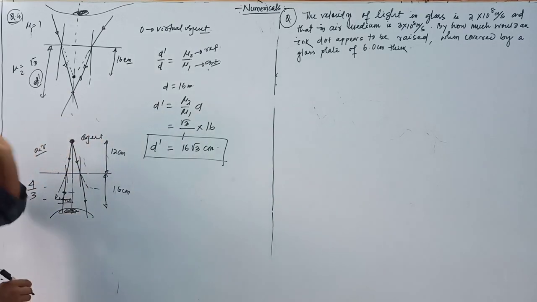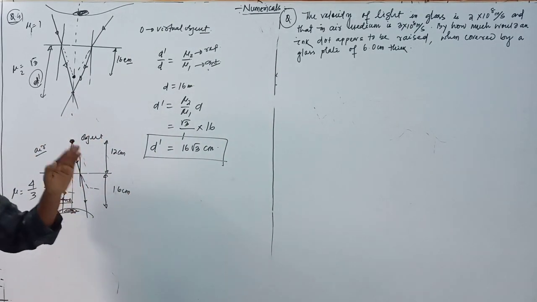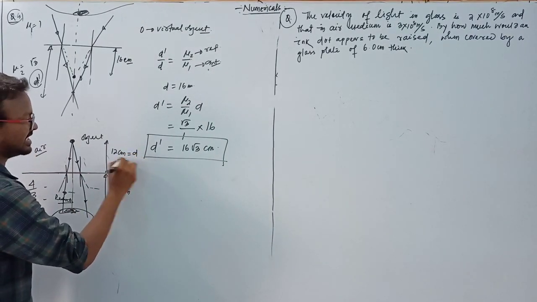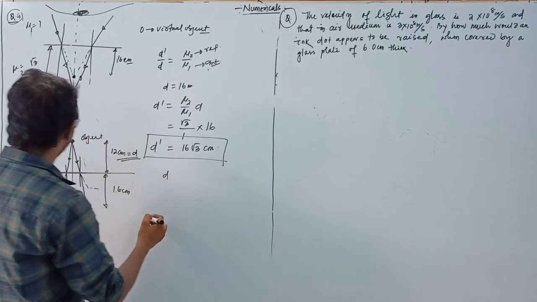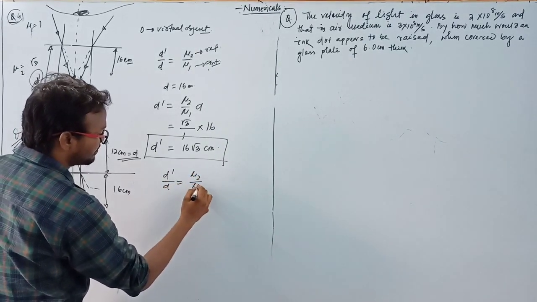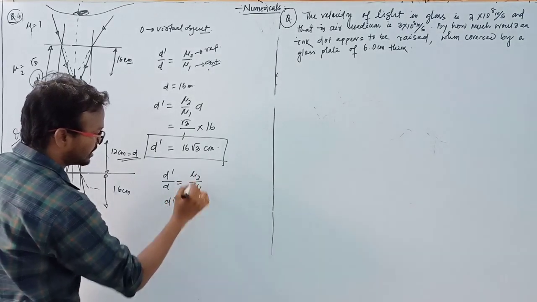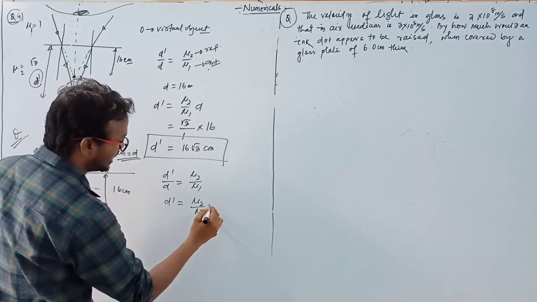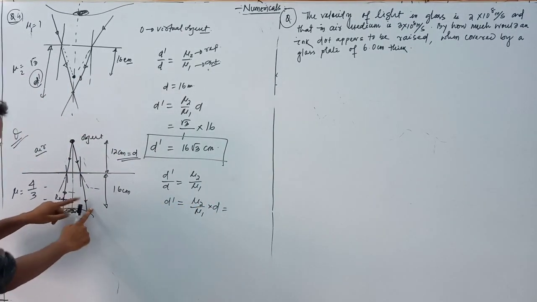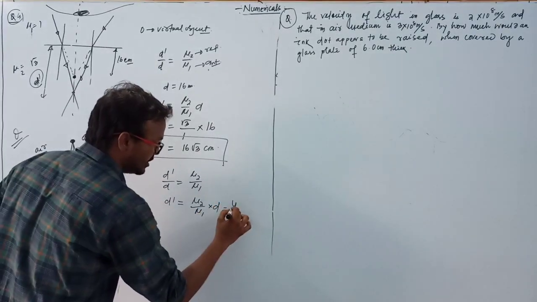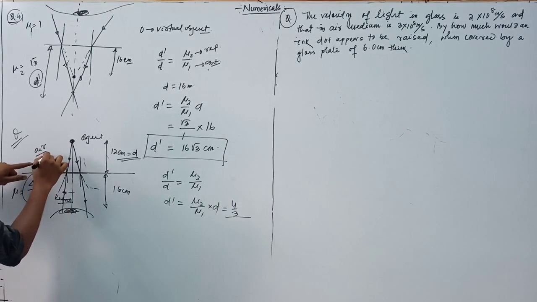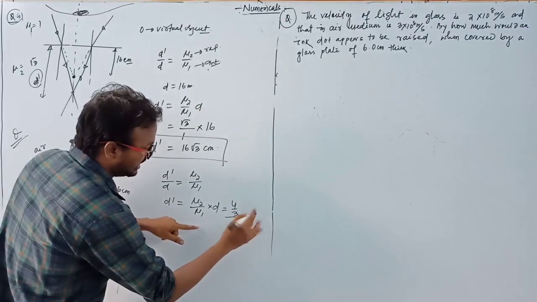And you always remember one thing: distance is always measured from the interface or surface. This is the surface. So this distance is known as d, meaning real depth. So you can use the relation here. This is another question. d dash by d equals mu 2 by mu 1, so d dash equals mu 2 by mu 1 into d. And the value of mu 2: in which medium is the refracted ray traveling? This is the refracted ray, and the refractive index is 4 by 3. So you can write here 4 by 3 divided by 1, since the incident ray travels in air medium, and its refractive index is equal to 1. So you can write 1 into